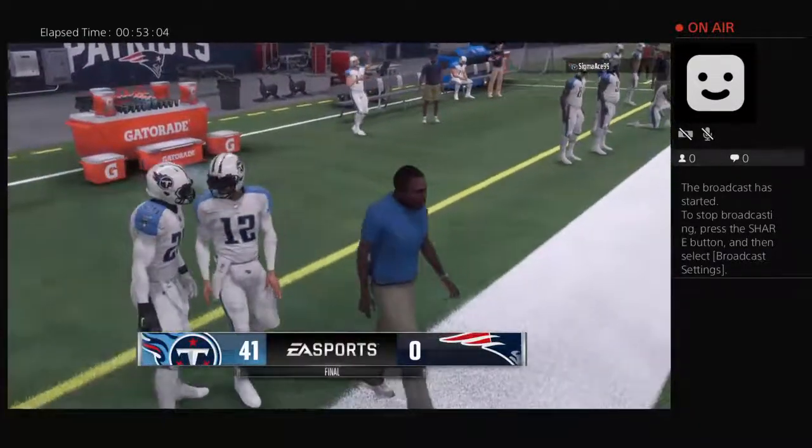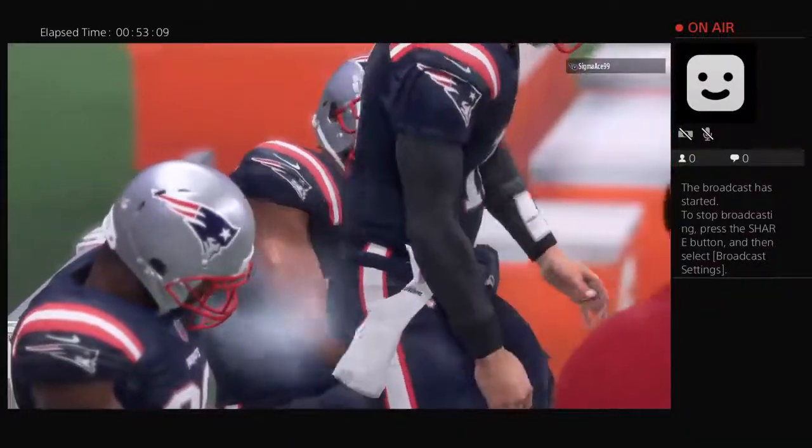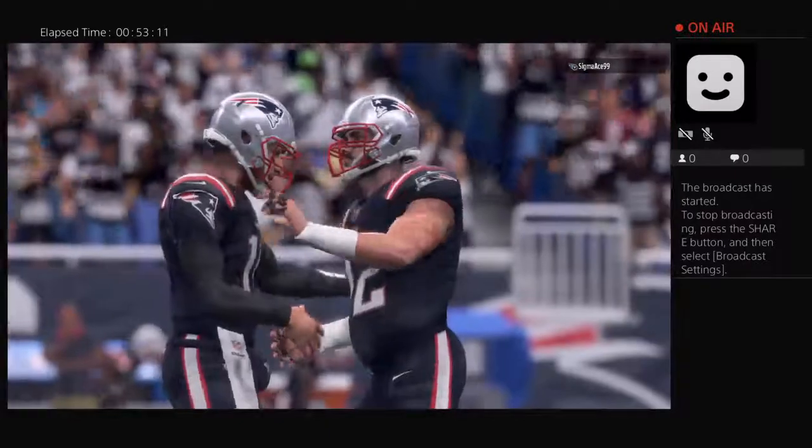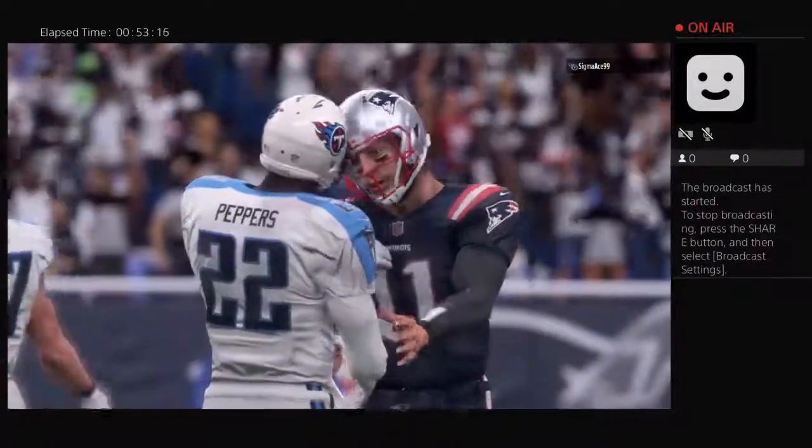The storyline in this one, Charles, no doubt the number 0. Zilch, nada. A shutout so hard to do in the NFL. It really is. And what an accomplishment, because you feel that not just on the defensive side,